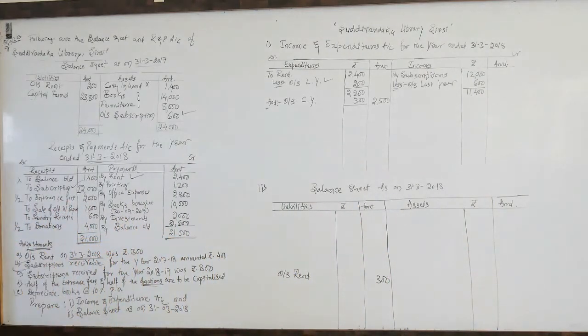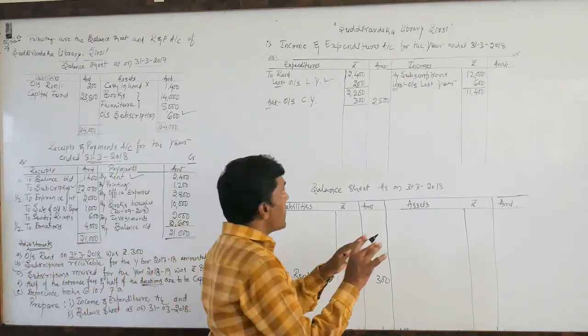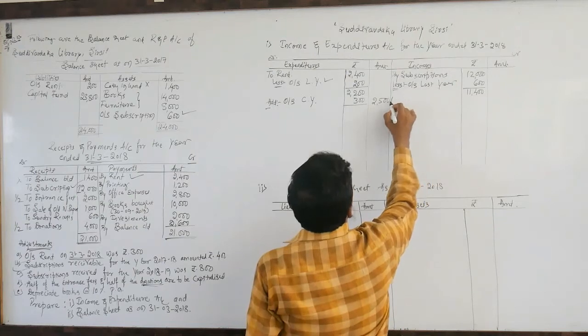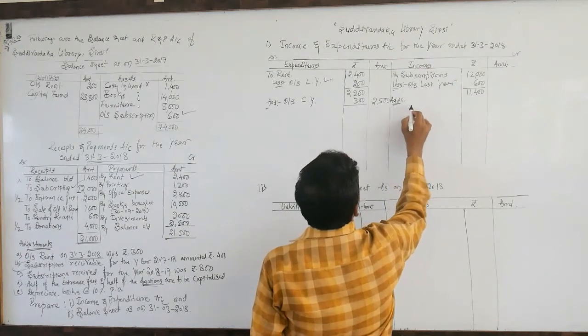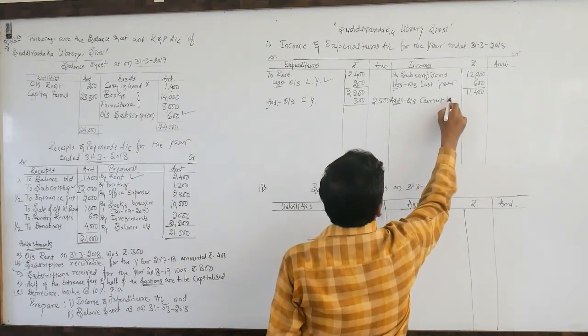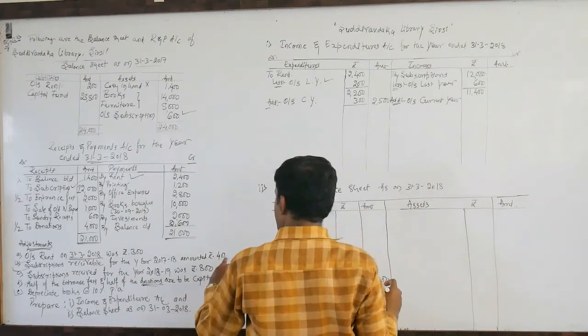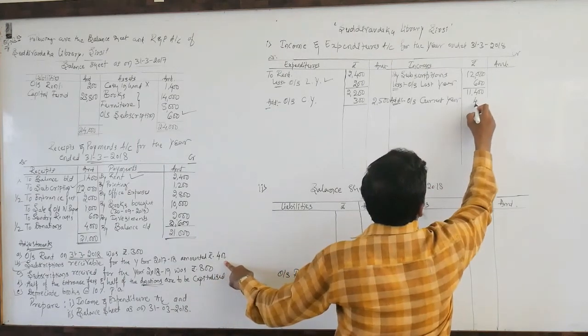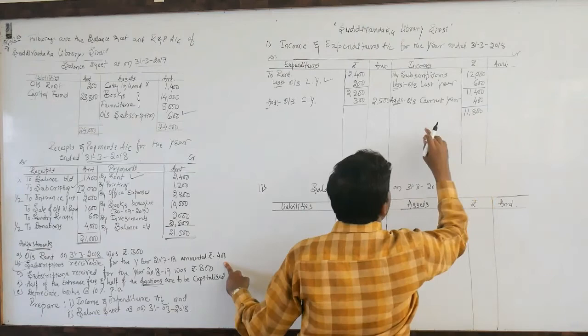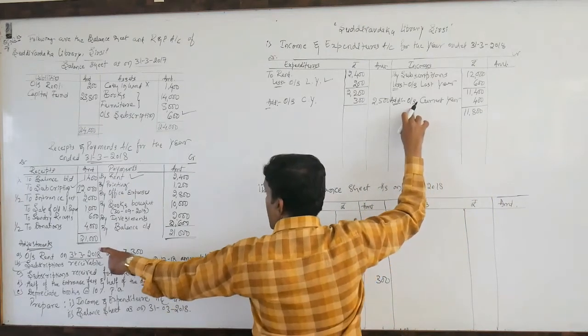Along with this, here I am observing the adjustments. The first one, subscriptions receivable for the year 17 and 18, means outstanding current year. Outstanding last year is to be deducted. Then outstanding current year is to be added. How much is it? 400. 400 means the current year subscription is 11,800. So it has been taken from the adjustments.